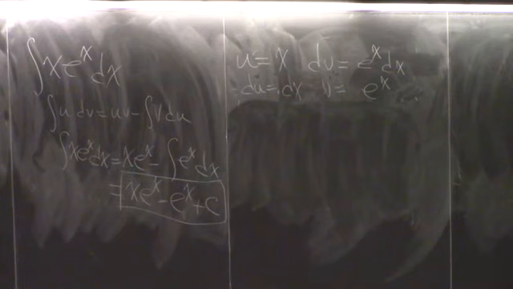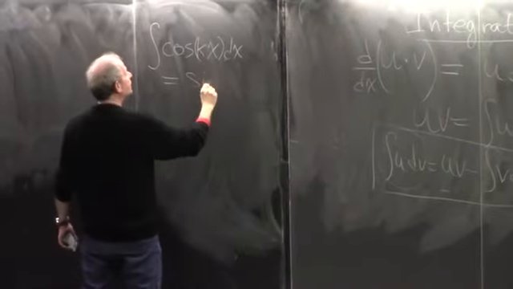Got the idea? Let's have you guys do another one. But before we do that, I just want to show you a very simple rule that will be very useful for everything we do going forward. If you have the integral of cosine of x, we know that's just sine x. If you have a constant k, that's going to equal sine of kx